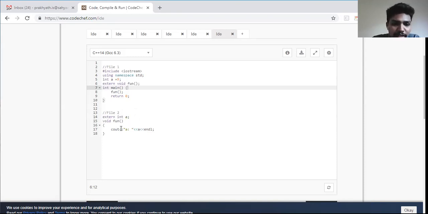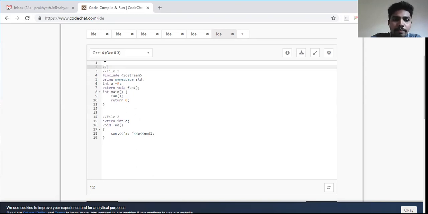In file 2, if you see, I'm taking a. What is a? A is a variable of integer. And again, a is not in this file 2. A is again in file 1. So it again comes back to file 1, takes the value of a, couts that, and that output you can see in file 1. So this particular concept is called